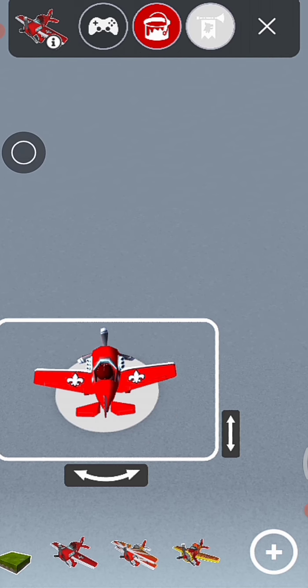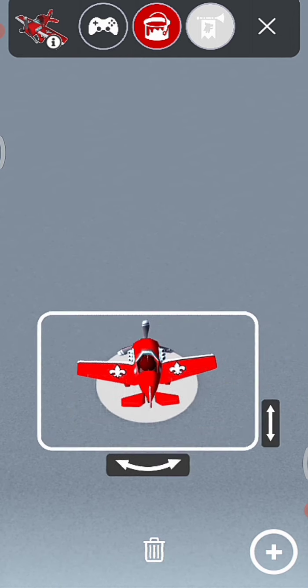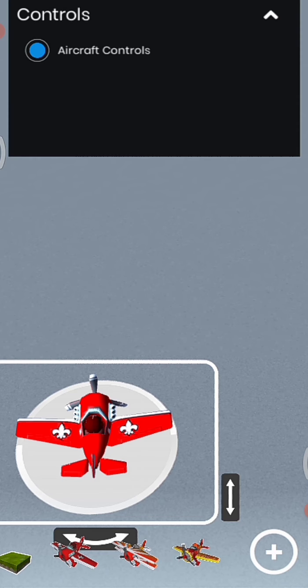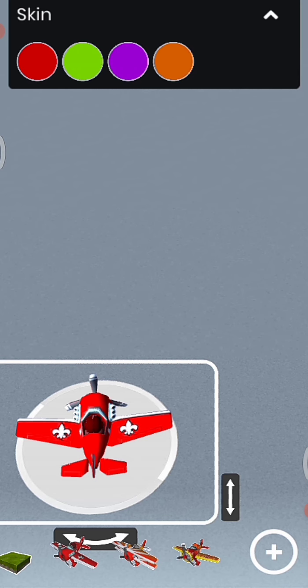Okay, click and see, children, what happens one by one, and then you can make aircraft controls if needed, and you can change the colors also. Okay, like this you can change it and you can apply it to your selected elements. Is that clear?